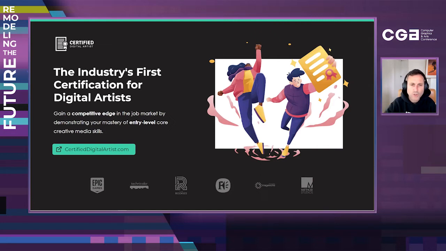This is an accumulation of 2 years' work where we worked with all our studio partners, some of the top studios in the world, to gather information about core competencies for junior or entry-level positions. So if you're thinking about being a texture artist in visual effects, what is it that studios are looking for as their core competencies? So they want you to be able to do X, Y, and Z. So we collected a lot of this information. We cross-checked it, cross-referenced it against each studio, took out any bias towards proprietary systems and so forth.